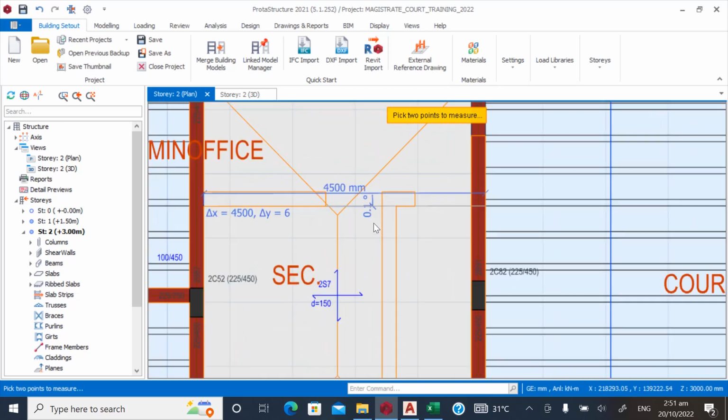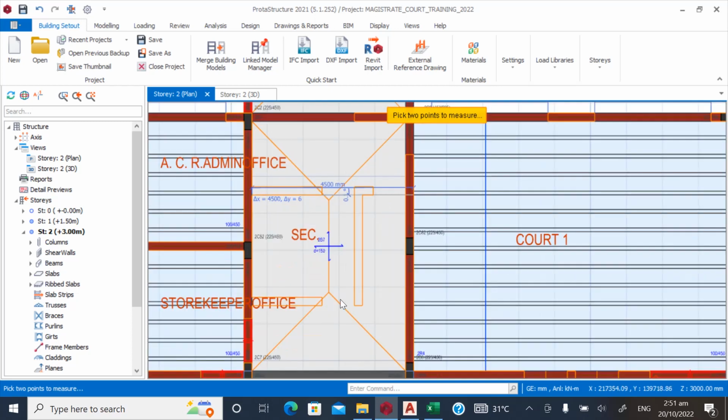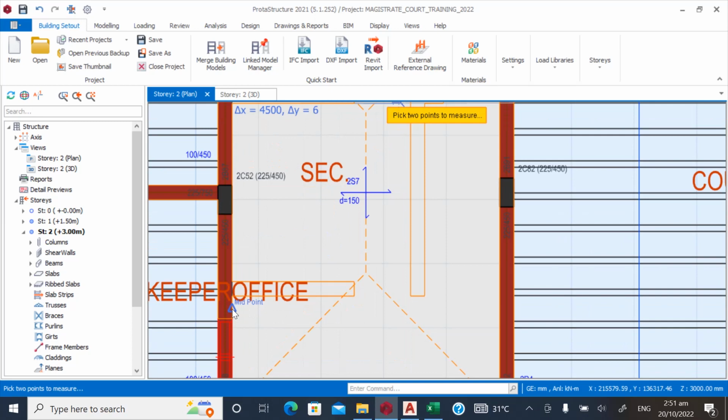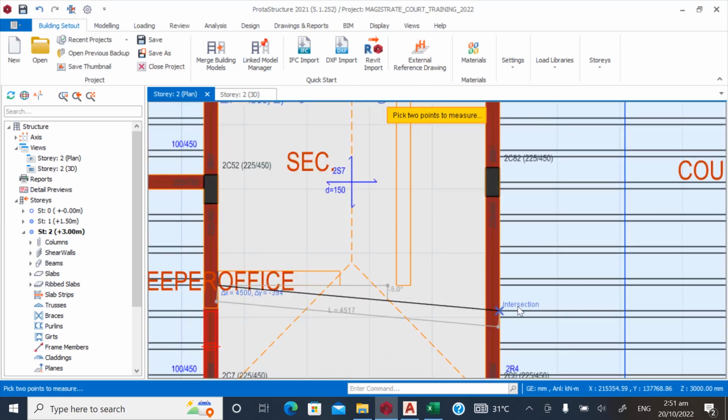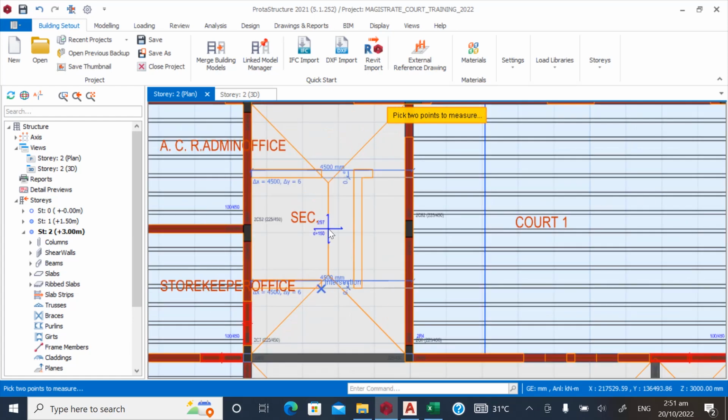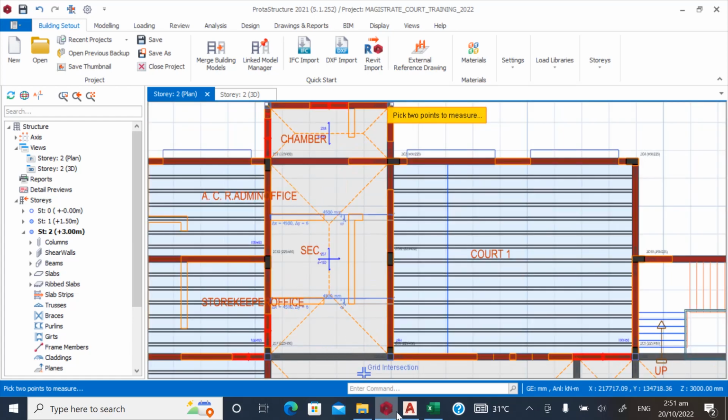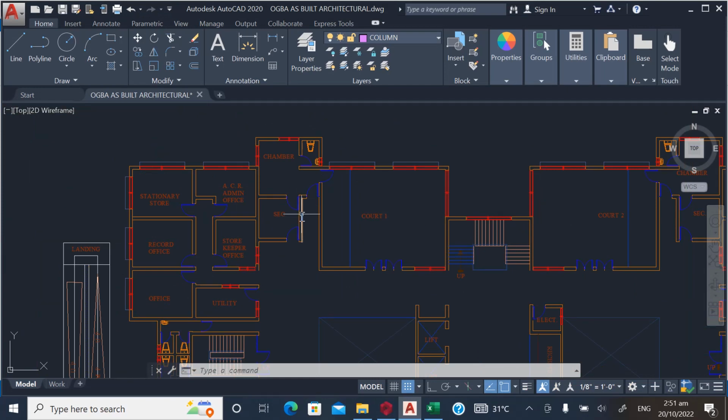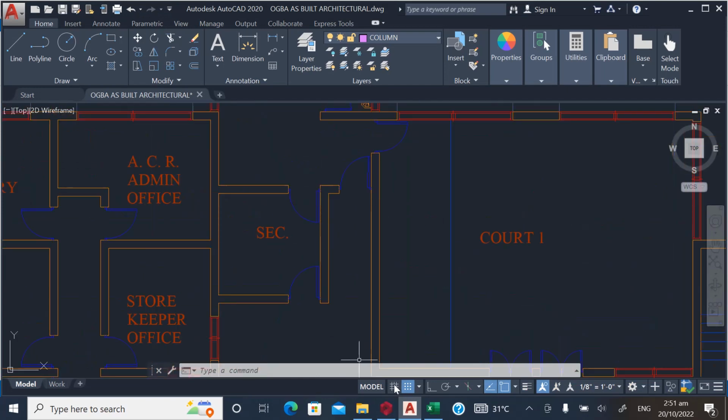So we have here 4.5, then this other one as well, so we take it as 4.5 as well. So also this other wall here, this small one here,